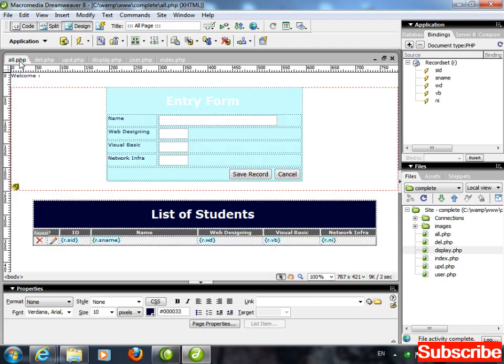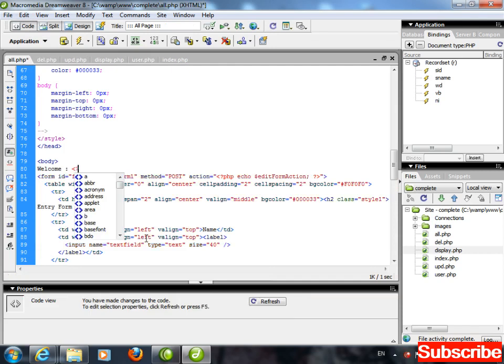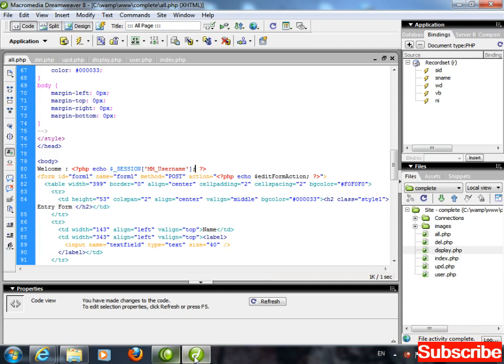Come to the all.php page. Go to its code. In front of welcome, start PHP script started, PHP script closed. And I want to print the username. So right here echo and that $_SESSION username, statement terminator. Control S. Saved.